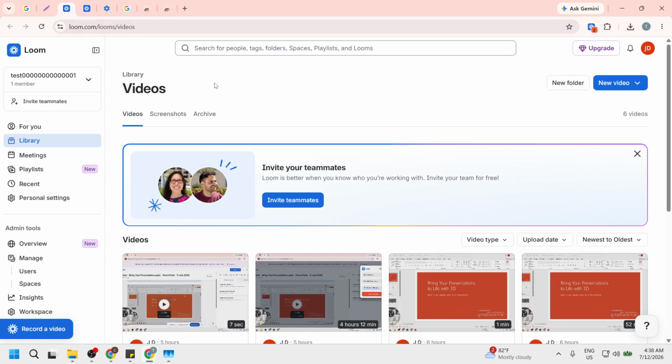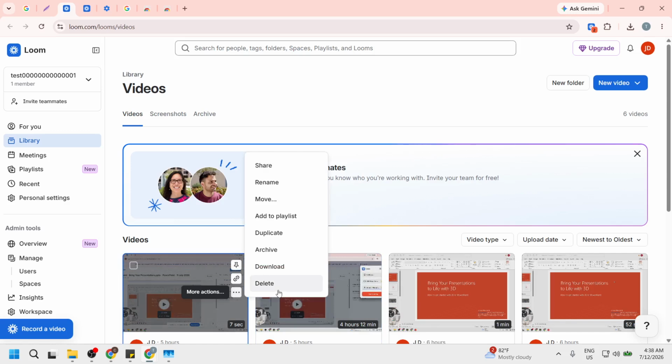Now, if you are on Loom's free starter plan, be aware that there are strict recording restrictions. You can only record up to 5 minutes per video and store a maximum of 25 videos in your workspace. This limitation can prevent you from recording if you have reached your quota. To resolve this, you can either delete some of your existing videos or consider upgrading your plan for more features. Understanding these limits helps you plan your recording sessions effectively.